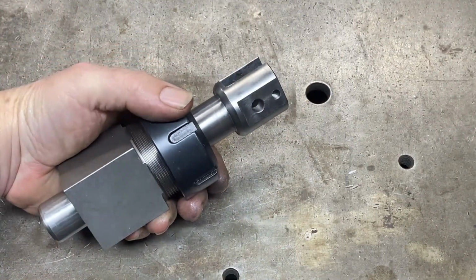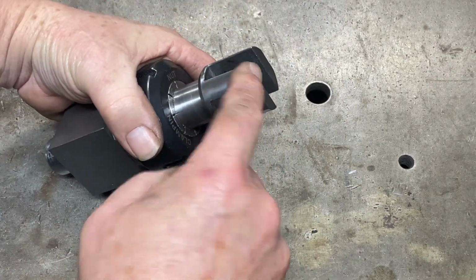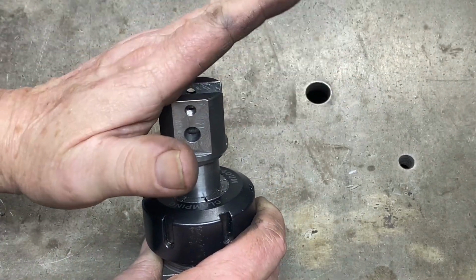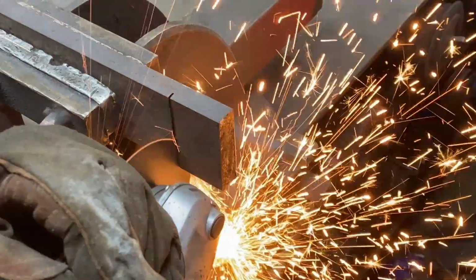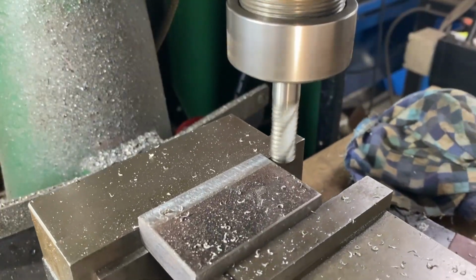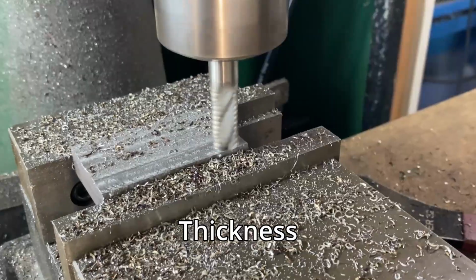I still have it in the collet block here because I might need to round over these corners here, and I want to be able to do that nice and evenly, and that's going to give clearance for the angle bracket to pivot. I start working on the other part of the hinge, which is the small piece. This is 16mm steel plate, and we chop a piece off. I square the steel plate up in the milling machine, and then I mill down the surface to the right